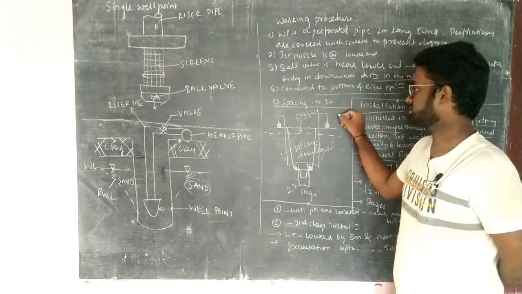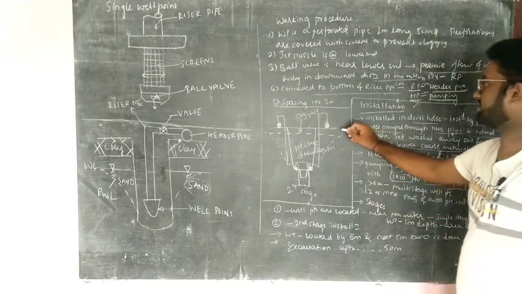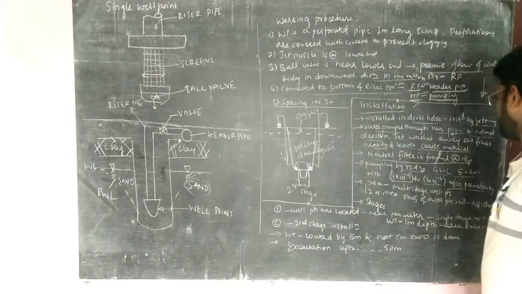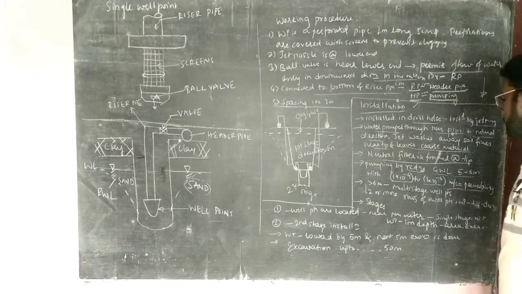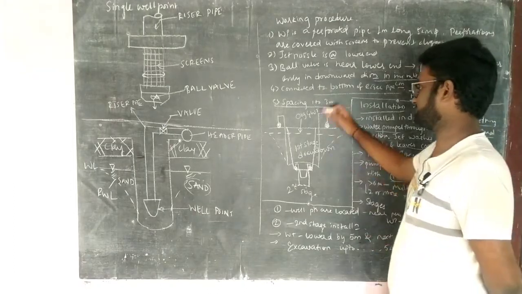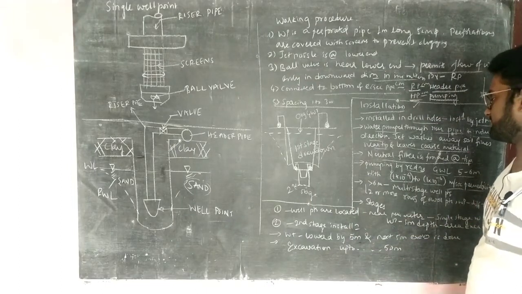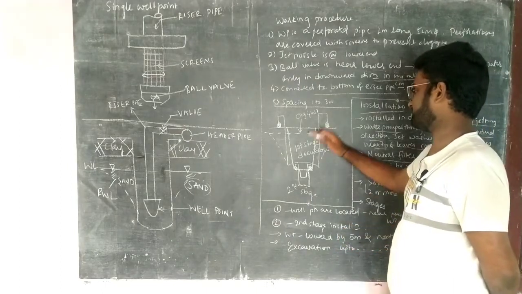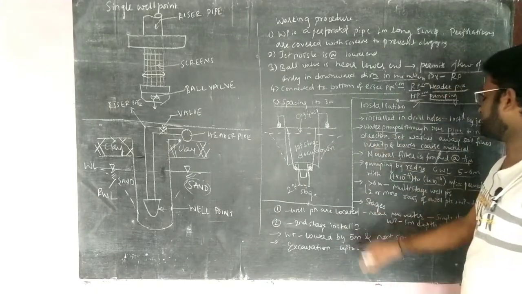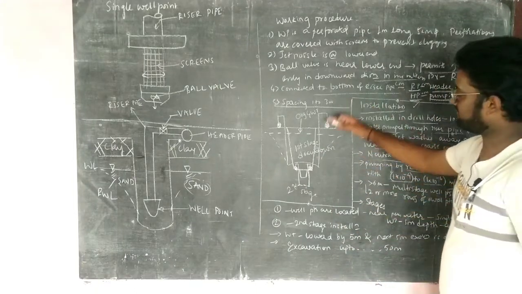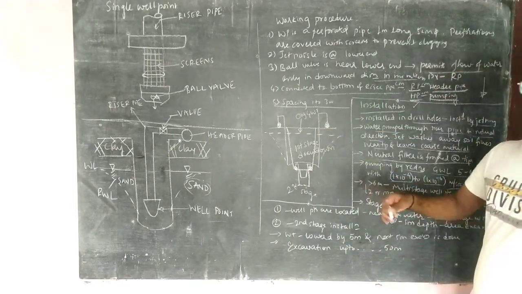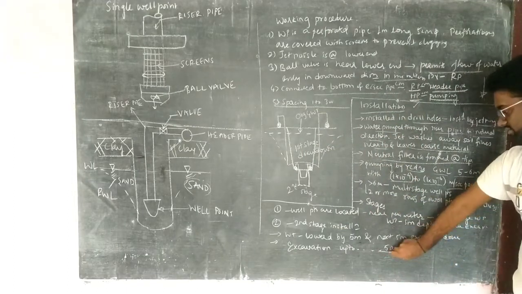2 stages in this picture you can see. Well points are located near the perimeter of this. At the single stage well point, the water table up to 5-meter depth area is excavated. And in the second stage of installation, what happens? Water table is lowered to 5-meter down, and again 5-meter excavation is being done, and again 5 meter, 5 meter, it is going to be excavated up to 50-meter.